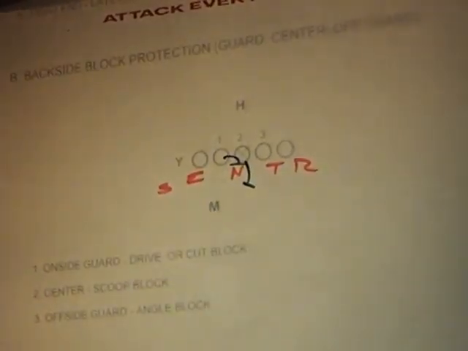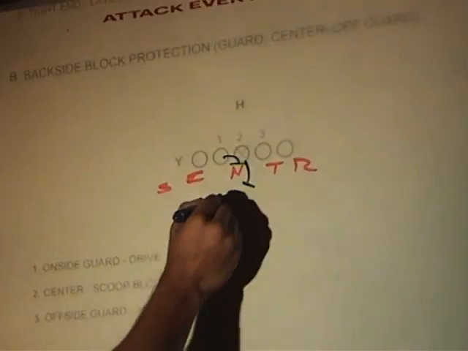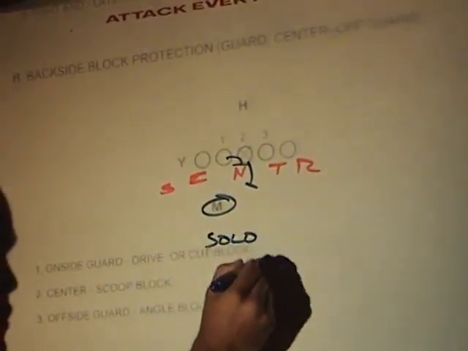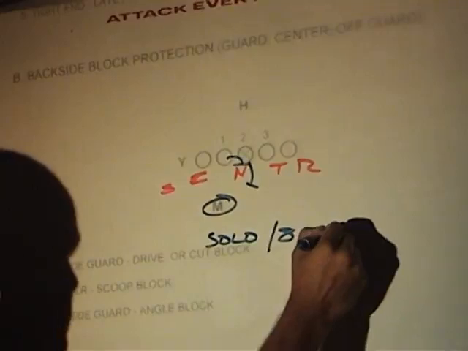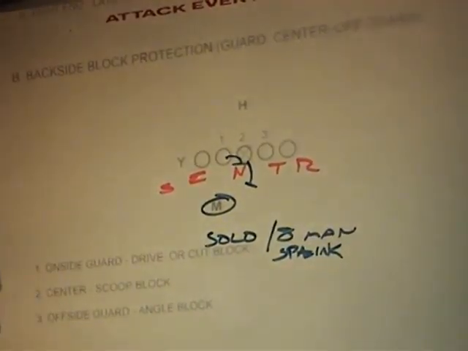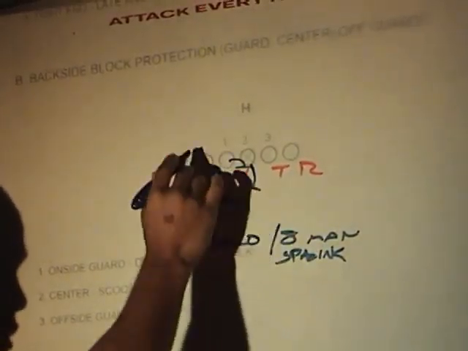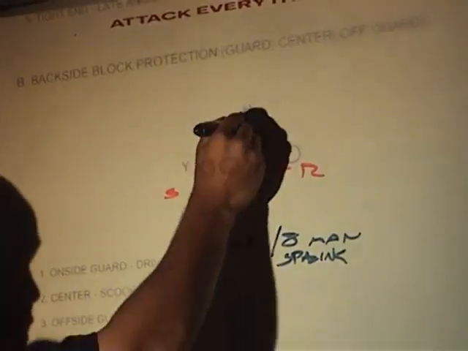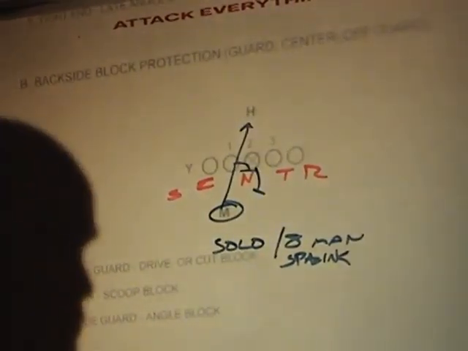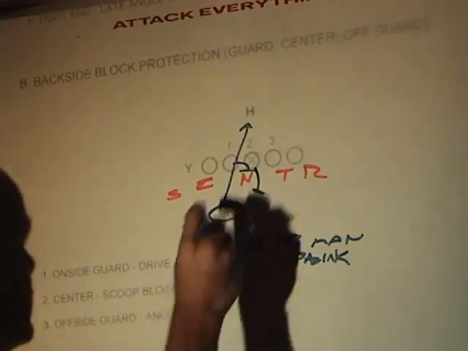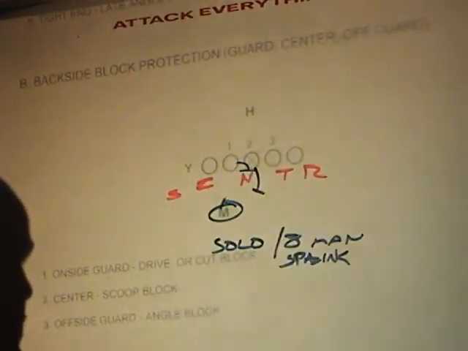So this is where it becomes crucial that I need to know as a 40 technique whether we are in solo spacing or whether we're in 8-man spacing on the backside, and how I correspond. If it's solo spacing and I get this potential block to scoop away by the guard, that's my number one key. It's where my eyes are on. I'm going to run through my gap. If it's solo spacing, if it's any type of 8-man spacing,